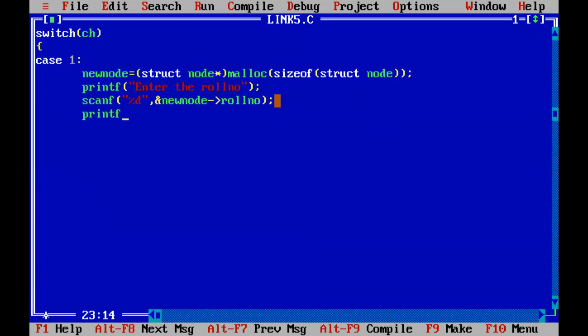Now what is the next data which you are saving in the node? We are asking the user to enter the name, right? Enter the name. So here we are using scanf with ampersand new node. What is the next thing you are going to get? You are going to get the name, right? So we accepted the data for the new node, roll number and name, because we declared a node with two data, roll number and name. In the question they have asked for roll number and name. So we have accepted two data for the node, right?